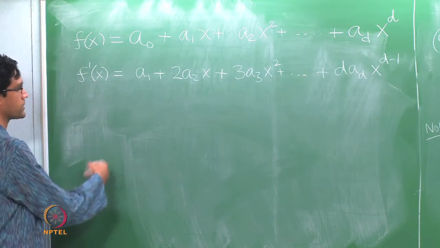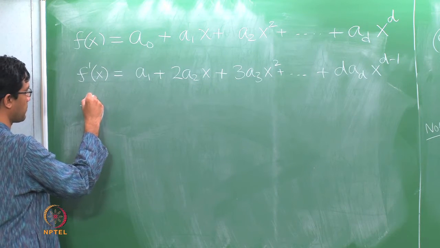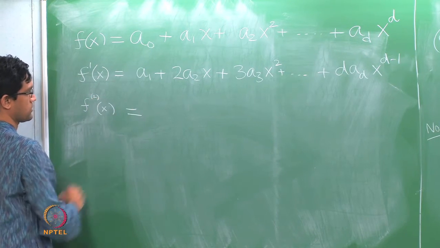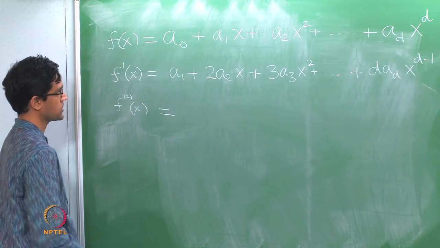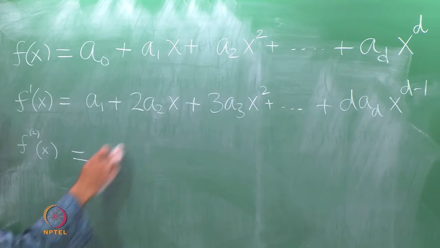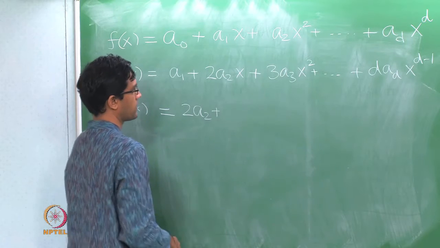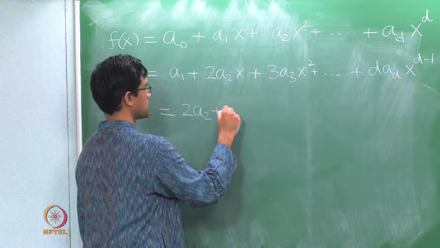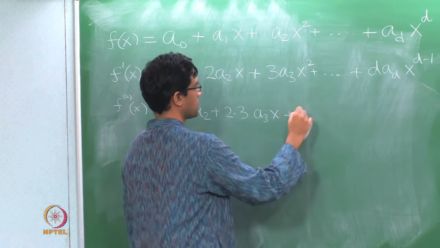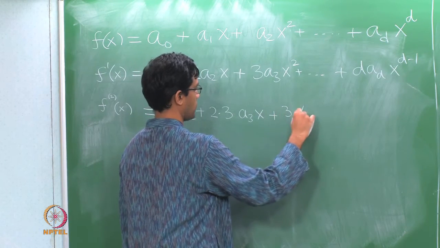Now of course, you can keep doing this: you take the derivative of the derivative. This is what is called the second derivative, f double prime, or sometimes written as f superscript (2) of x, where the 2 on top is in brackets. When you take a derivative again, the a1 is a constant, so it vanishes. So it starts with 2 a2 plus, x squared will again give you 2x as derivative, so this is 2 into 3 a3 x plus the next thing will become 3 into 4